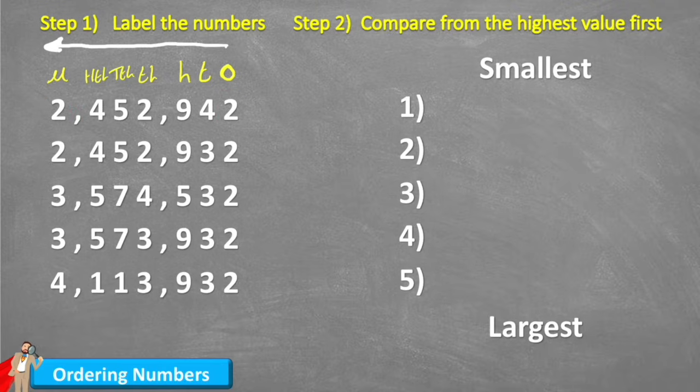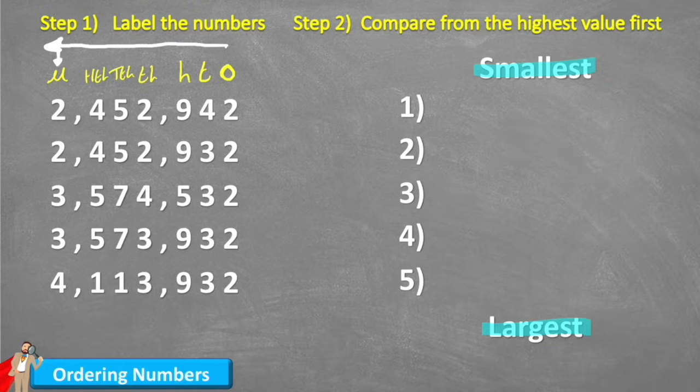So now we can look at step 2, which says to compare from the highest value first. And as we discussed, everything over on this left hand side has the highest value. So in this case, our highest value is actually on the millions column. And as today we are looking from the smallest to the largest, which we call the ascending order. The opposite from largest to smallest is the descending order. So this is the ascending order,